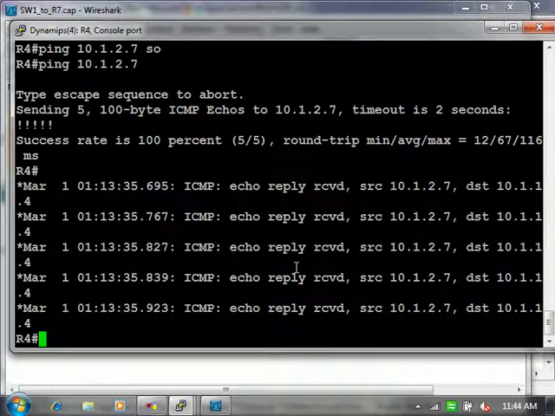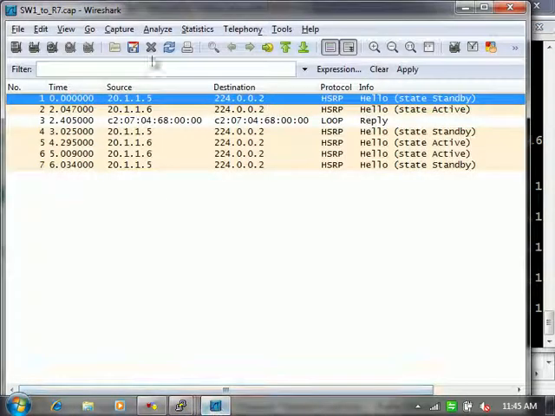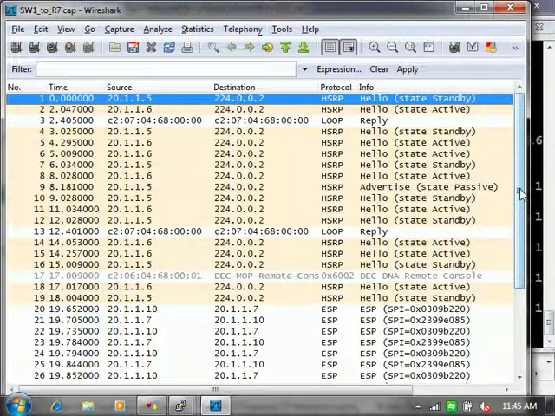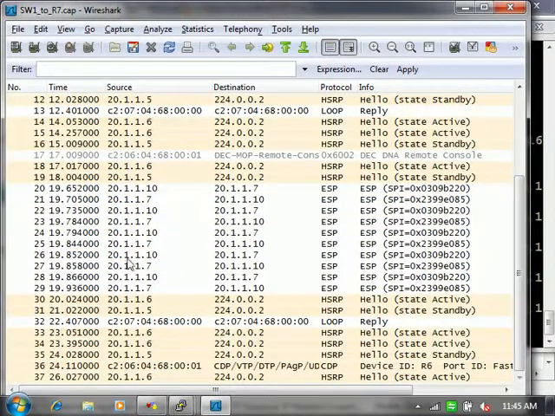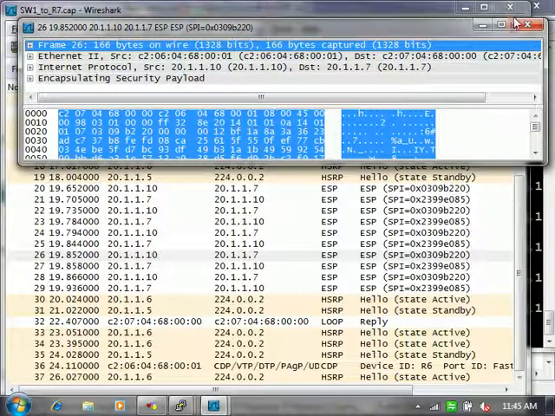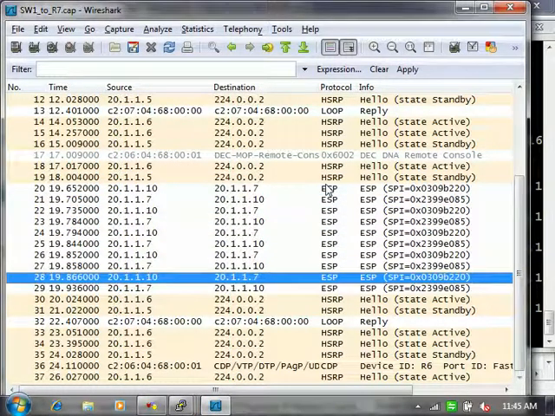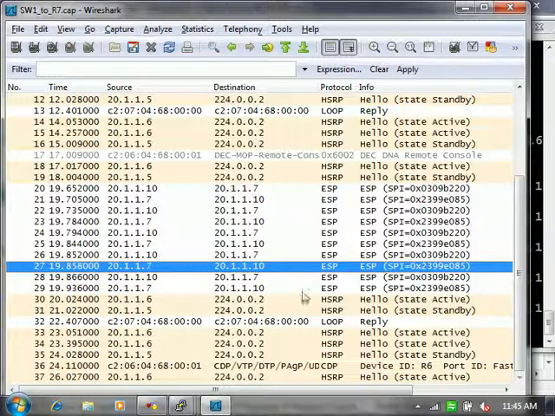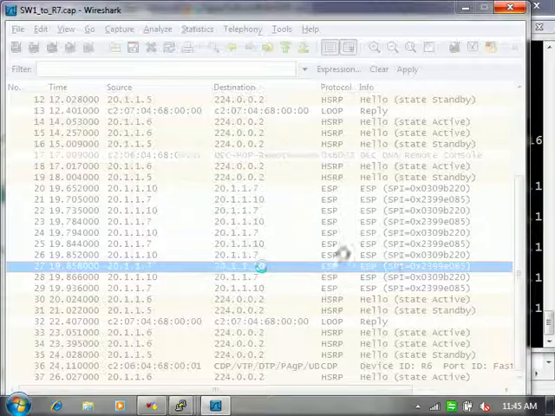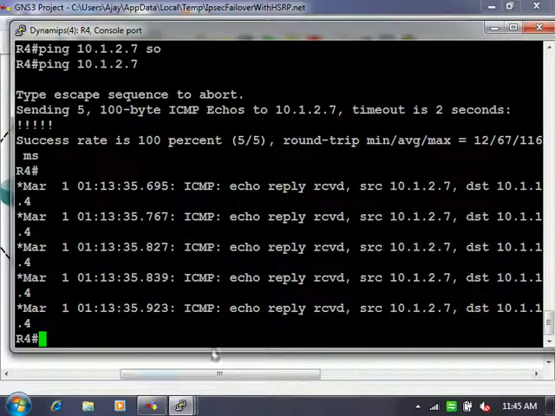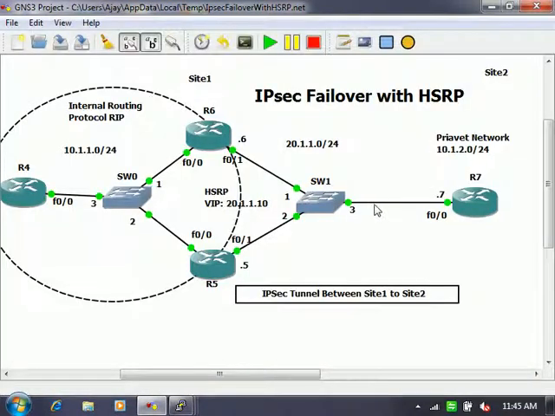These are your ESP packets. You will not see the internal contents in Wireshark now. You will not see what exactly is traveling inside the packet, right?